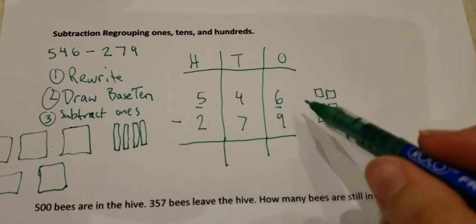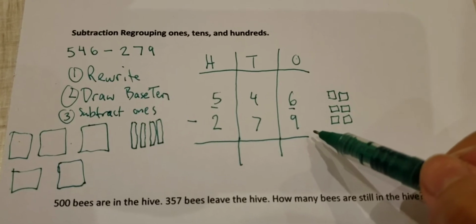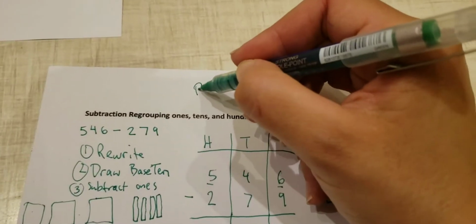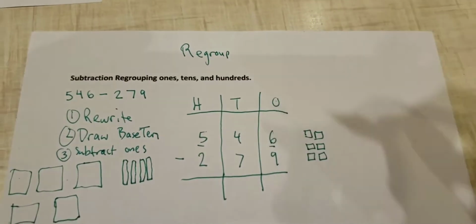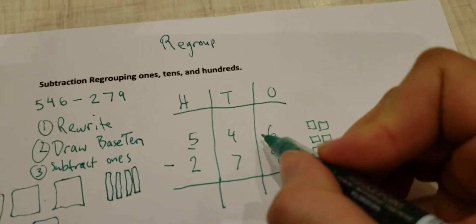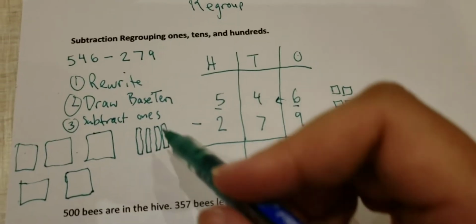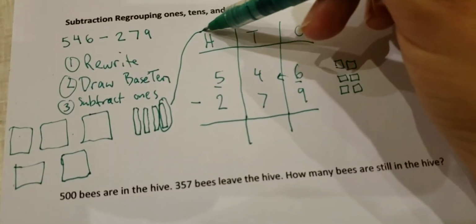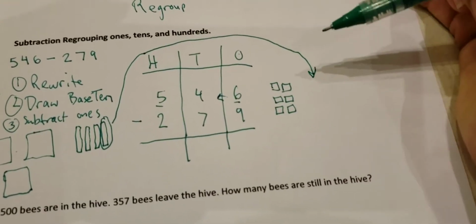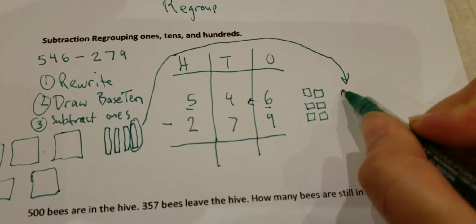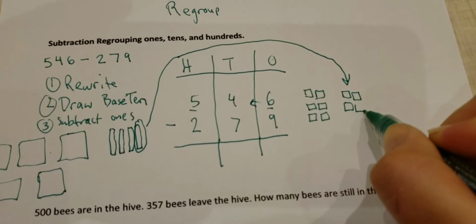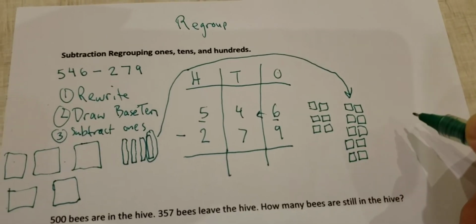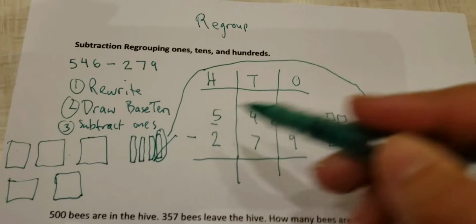Okay, 6 minus 9. I cannot take 9 away from 6, so I need to regroup. That means I need to borrow from the next place value over. Okay, I need to borrow from the tens place value, so I'm going to take 1 ten and bring it over to the ones place value, and I'm going to explode it into 10 pieces. 1, 2, 3, 4, 5, 6, 7, 8, 9, 10. Okay? So we took away 1